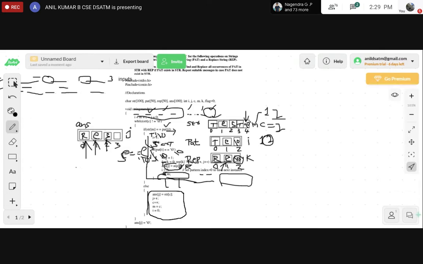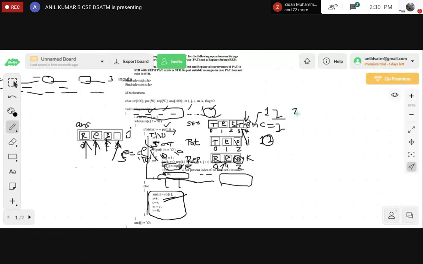So now you will have a little bit tricky question, I will put it there. So after this replacement, J is incremented. Now J will point to the third position. C is also incremented. Now it will point to the third position, right? M is equal to C. So the current value of C is what? 3.